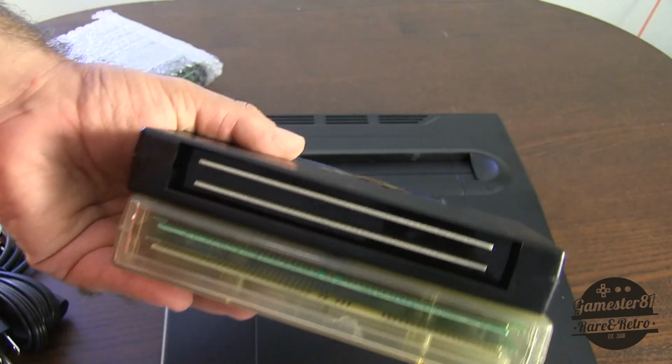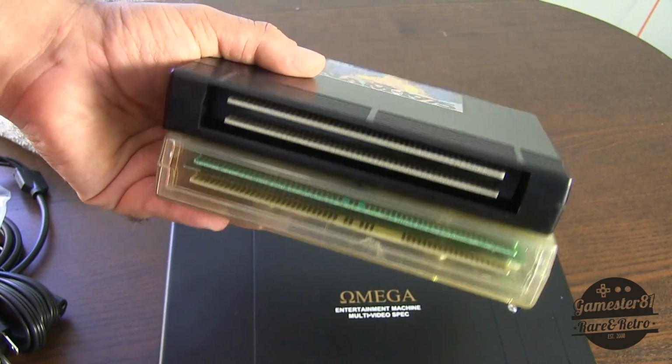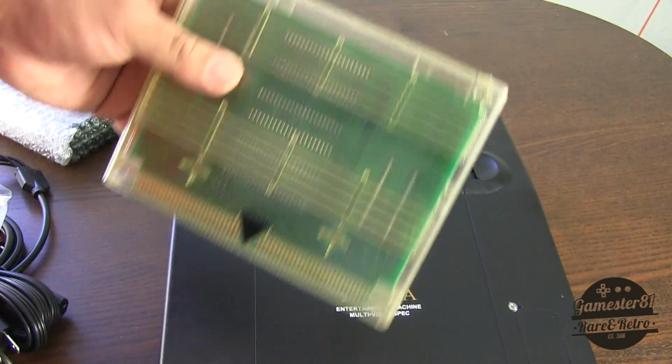But the interesting thing at the very bottom here, you can see the boards are a lot different. The MVS boards are a lot longer than the AES boards. They did that to prevent people from buying one and going to the other. So that's why you can't necessarily play MVS carts on an AES console, and that's why it's important that you